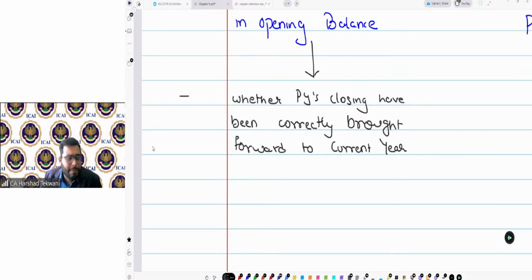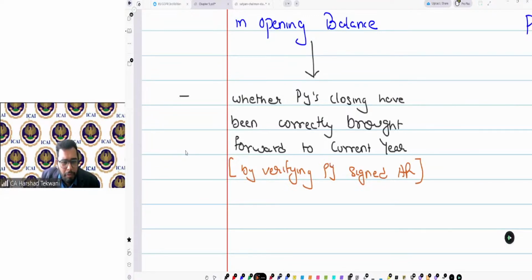This is the first step that I will do. Whether the closing balance has been correctly brought forward to the current year could be done by verifying with the previous year audit reports, previous year signed financials, by verifying previous year signed audit report. Okay.